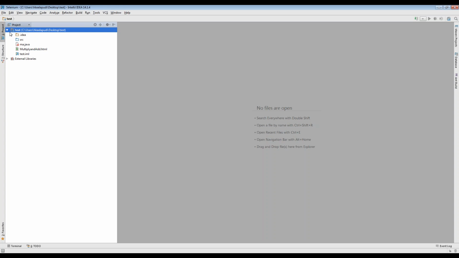You saved this project directly in that folder. So your HTML file, Java file, everything is there. That's why it did not create a Selenium folder, because you did not give it that way. But anyways, that's not a big thing. Now